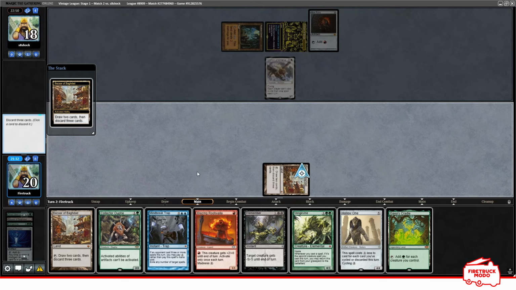I do not want to play... Do I want to play a Hollow One now? I guess so. I've not played a spell yet this turn. So if I go VengeVine... Do I play Lizard? I guess I play Lizard because...